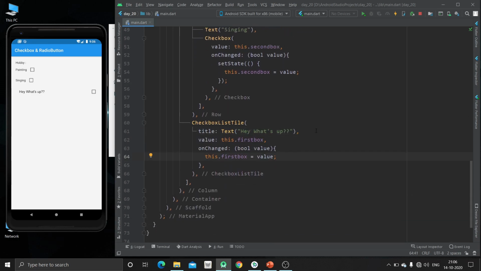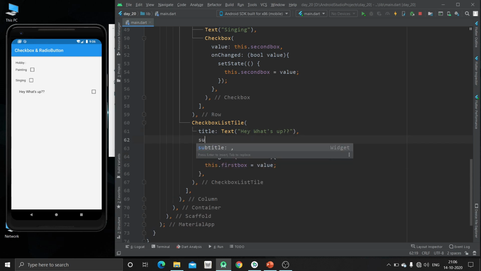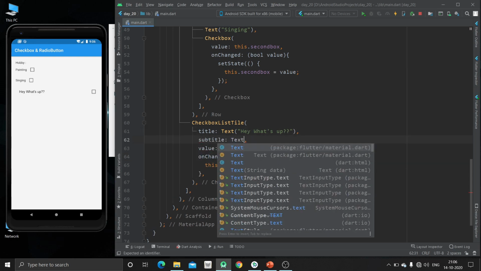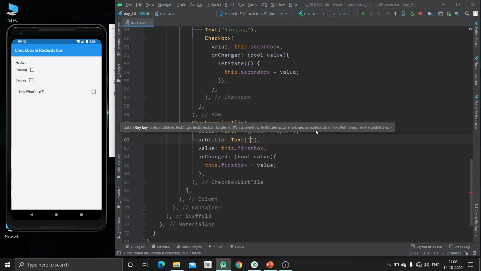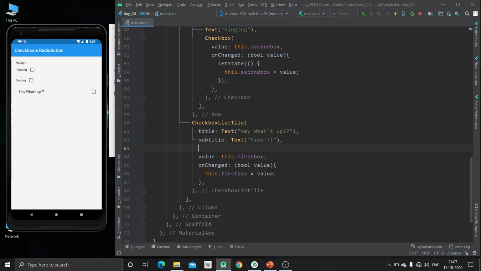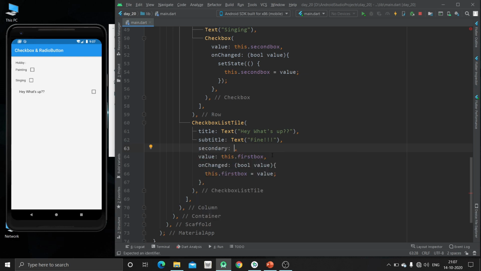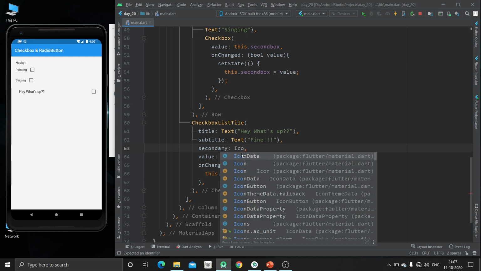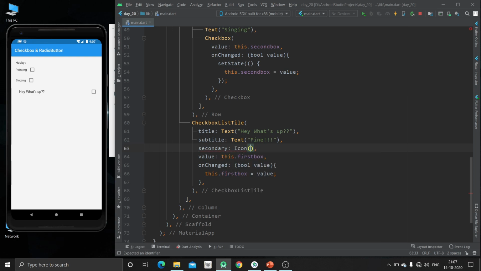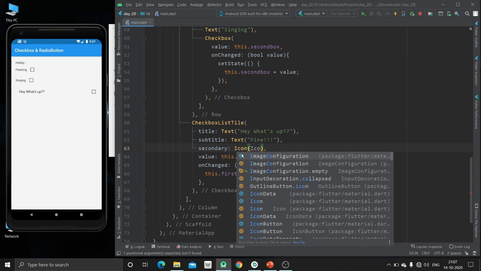the value. Now again we can give some subtitle like fine or something else, and we can also give some icons. So for that we can also use this property secondary, and inside this we can specify the icons.